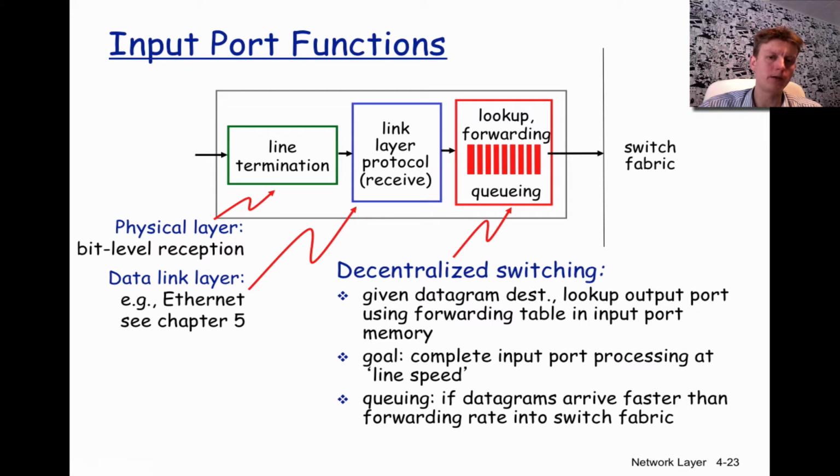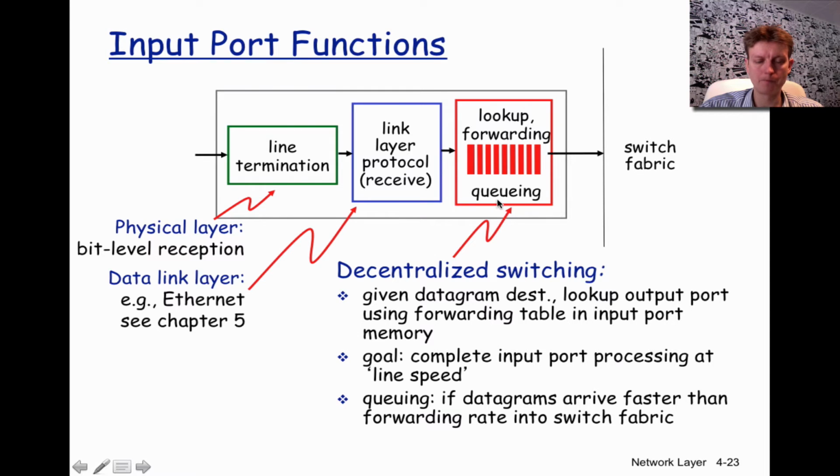Here is a simplified schematic of an input port of a router. So we have a line termination, so we connect a cable here, physical layer. Then we have a link layer which takes care of checking possible errors. And then we have a network layer functionality, including looking up the destination address, taking forwarding decisions, and possibly queuing